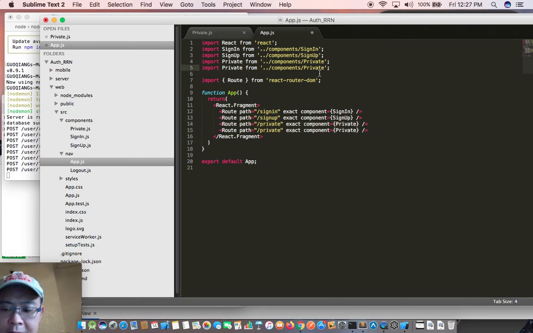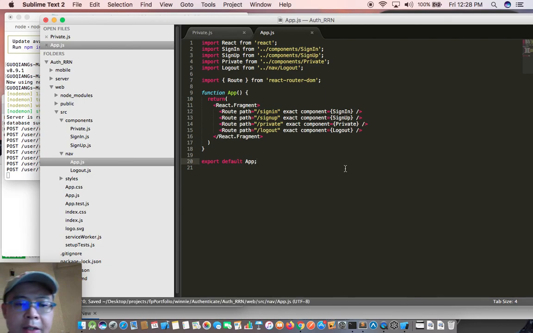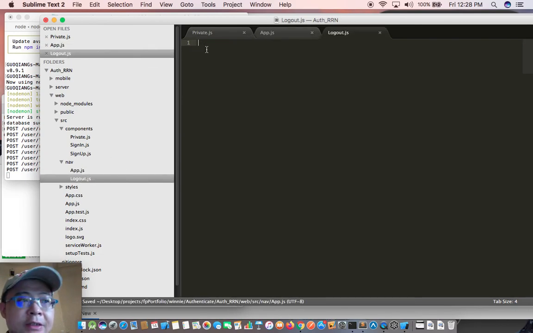Okay, so this one is logout. But it is not components folder, it's the nav folder. And this is, oh, sorry. This logout. Logout lowercase. Okay, so for the logout page itself,